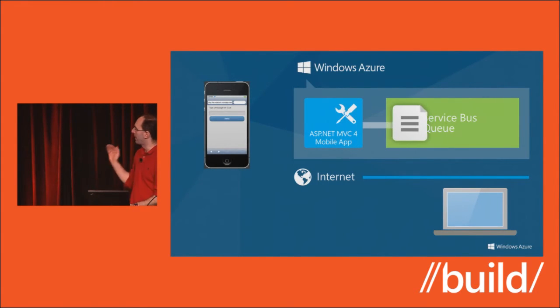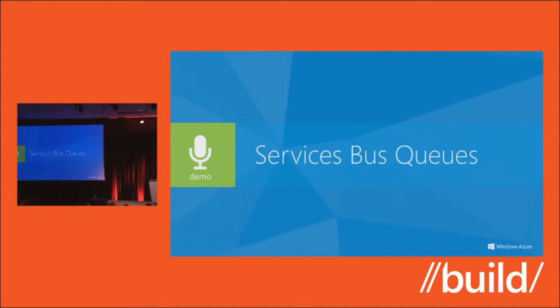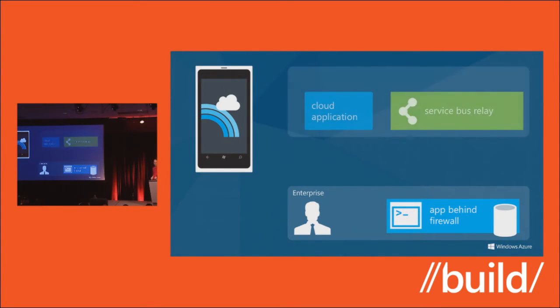So this is an example of how I can do an asynchronous message-based approach. Another capability we support with Windows Azure is called the relay. And this is useful for cases where you want to do a synchronous approach. So let's say, for example, you've got a database or an app inside your organization that you're just not comfortable yet moving to the cloud. Your guys say, hey, we've already paid for the hardware, we've already paid for the database, or I don't want to copy it over to someone else's data center.